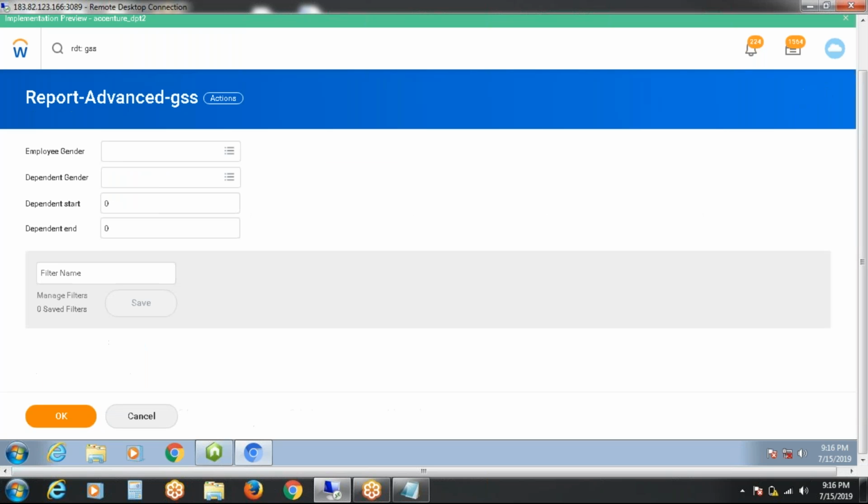and run the report. What does enable save parameters mean? Say for example I have selected female gender with female dependent and at the age of 0 to 75, as a female FF 75. This is one filter condition.